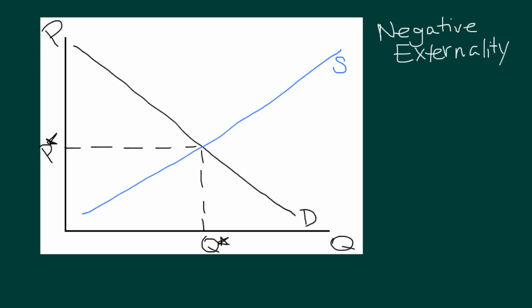Okay, so now we want to talk about something we can observe in a market called externality. The important part of the word to notice is that it's external. There's something external to the participants in the market and their decision making. So what we can see then in a normal market with no externalities is we have our demand curve, which